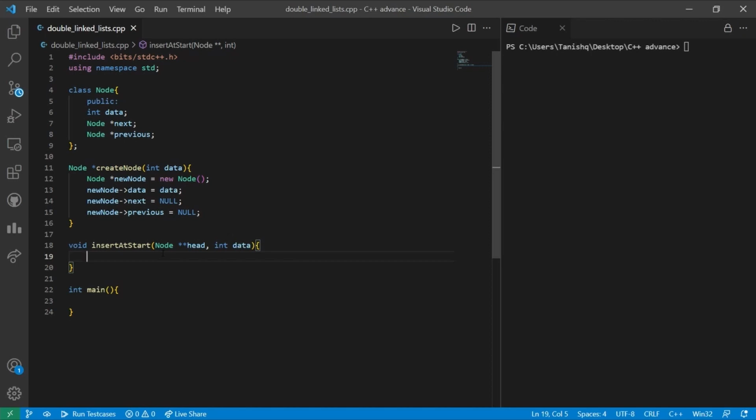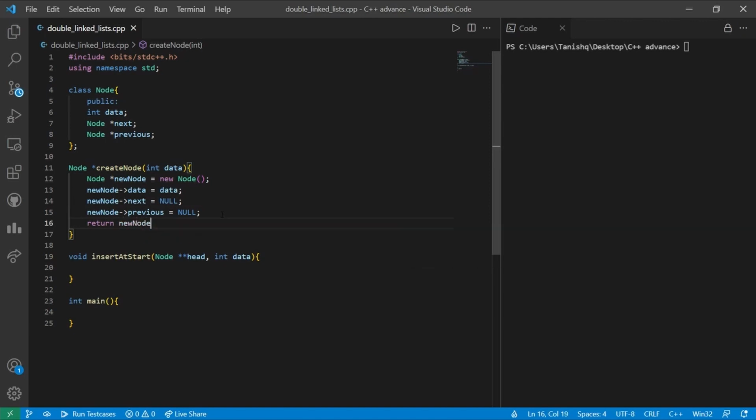As of now, we are supposed to create a new node, but we have created a function. So I forgot to give the return of the new node. So new node will be returned over here. Now first of all, create a new node in order to insert at the start of the linked list. The new node over here is going to be created, and as the return type was new node, all these things will be done with the help of this function itself.